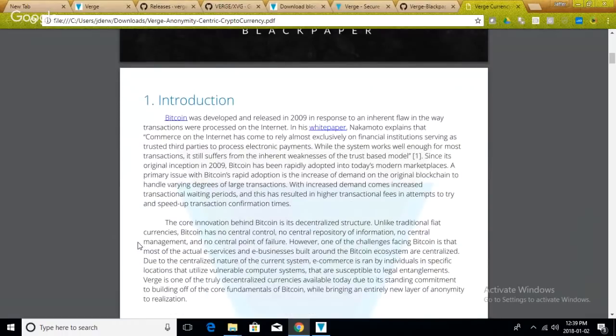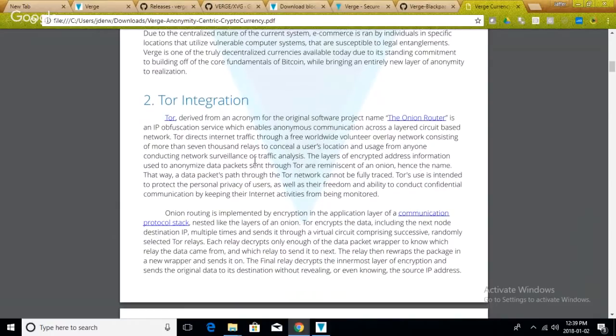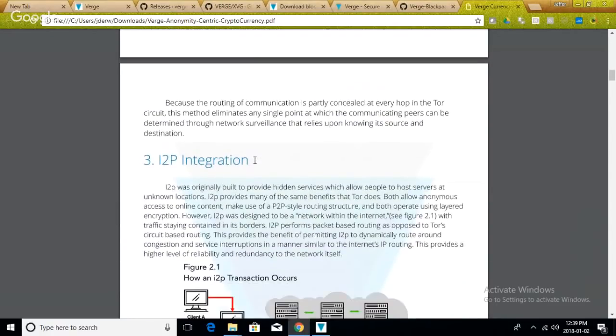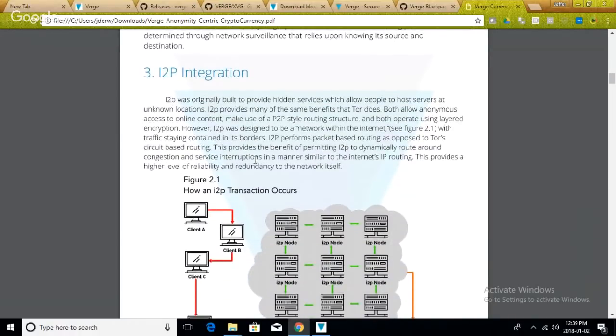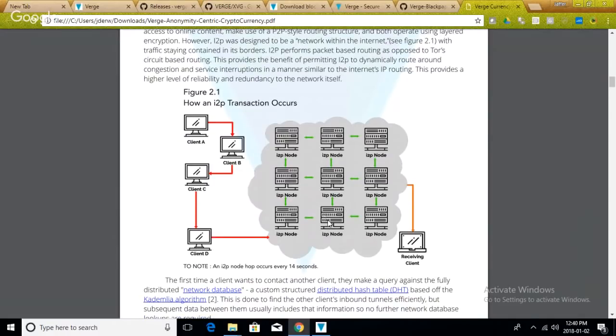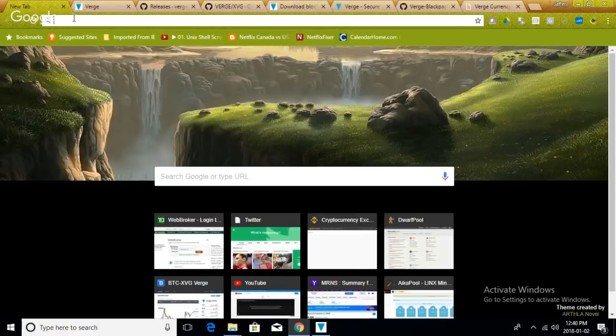Now, the second set is this part right here, the Tor integration, how the communication works. I'm not going to read the whole white paper. I would suggest you guys read it. Then there's another set of features integrated into this new wallet, which is the I2P integration and how the I2P transaction occurs. So it explains it. I think this is why, if you remember when we talked about my transaction not being visible on this web page that we had,